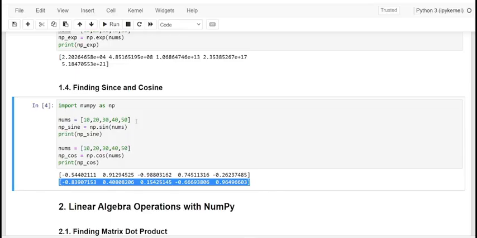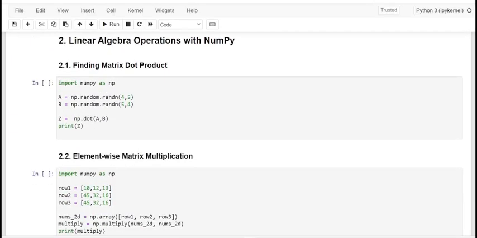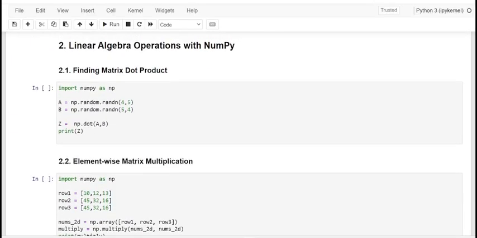But here we have the main topic, linear algebra operations. Kindly take note of it, dear friends. Data science makes extensive use of linear algebra. The support for performing advanced linear algebra functions quickly and effectively makes NumPy one of the most routinely used libraries for data science. And here we are going to discuss some of the most common linear algebraic operations with NumPy.